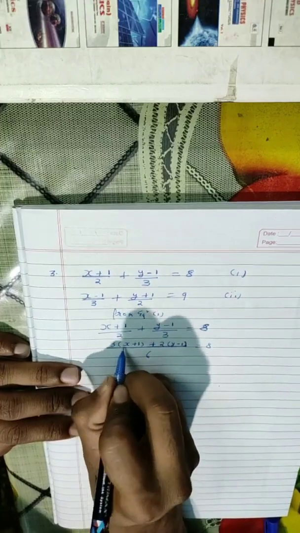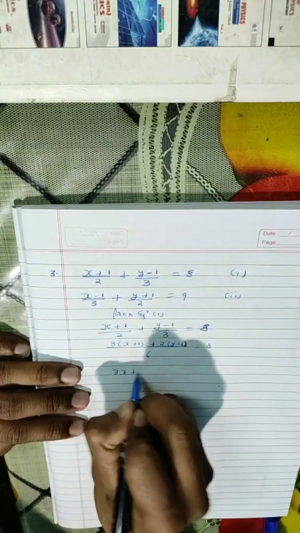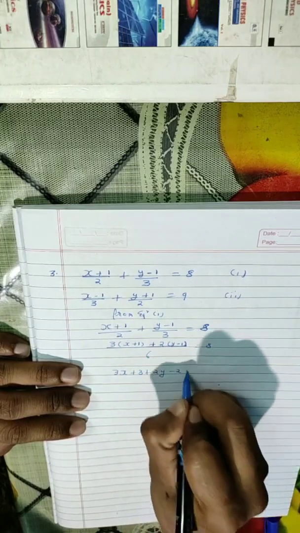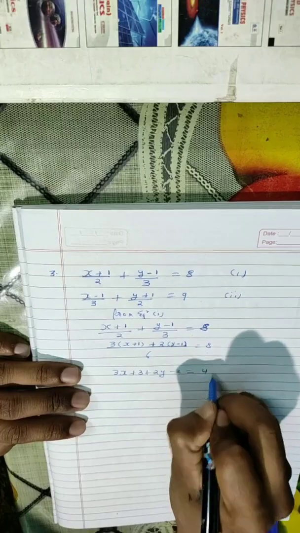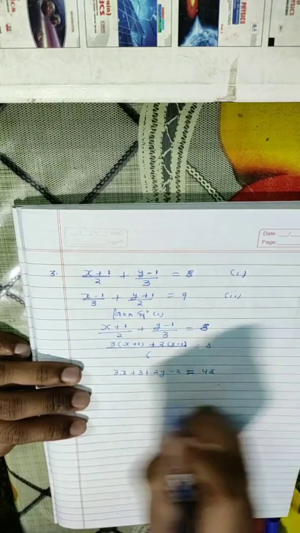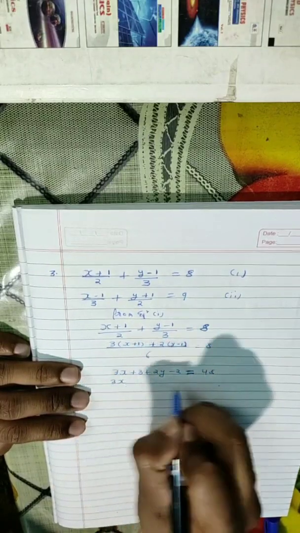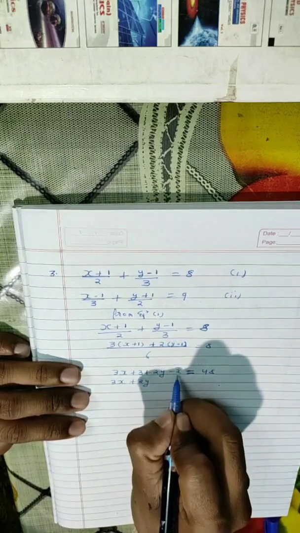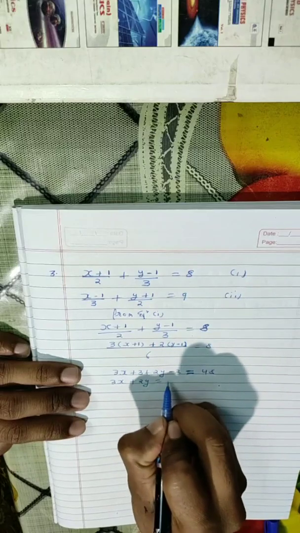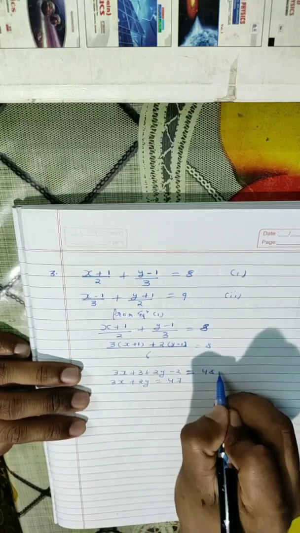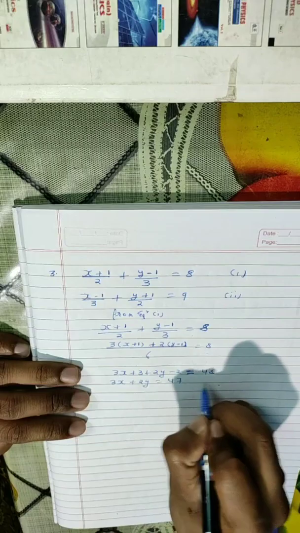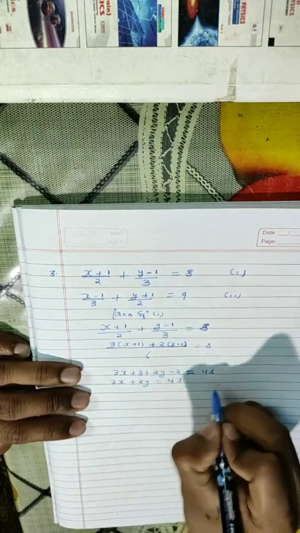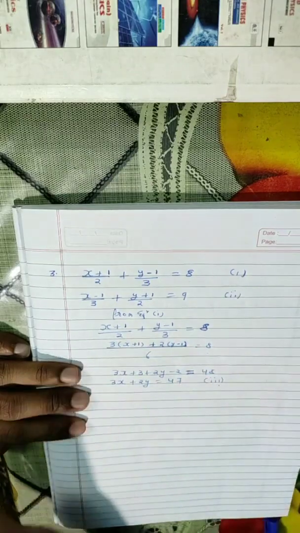Now if I multiply 3 inside, it will become 3x + 3 + 2y - 2 = 6 times 8, I cross multiplied 6 with 8. Okay, so the required standard form will be 3x + 2y. 3 minus 2 is plus 1. When it goes there, it will become minus 1. So 48 minus 1, 47. So that is the simplified or standard form of the given equation number 1. Let us say equation number 3.